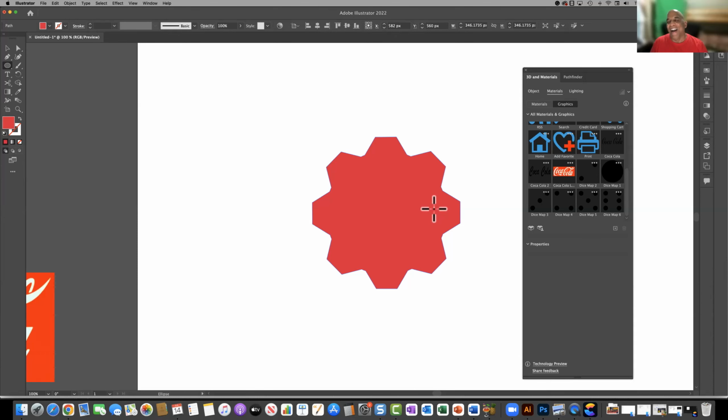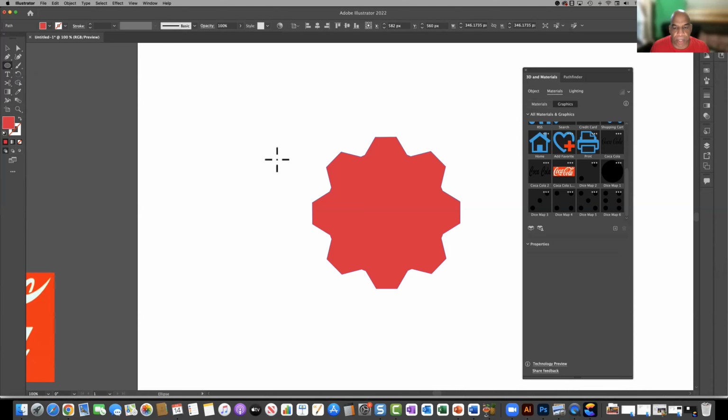But anyway, so we got the start of what we call a gear. And again, I think I made these polygons a little bit big because I want a larger area right here that I missed, but that's okay. You guys get my drift. Now what I want to do is